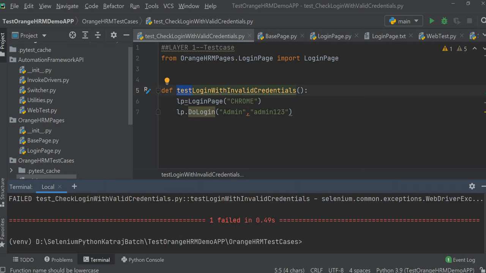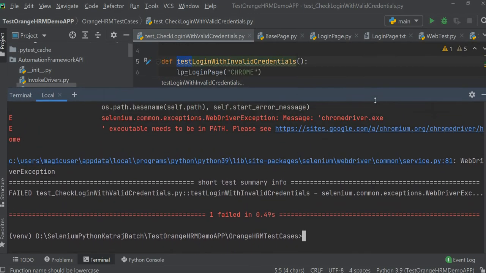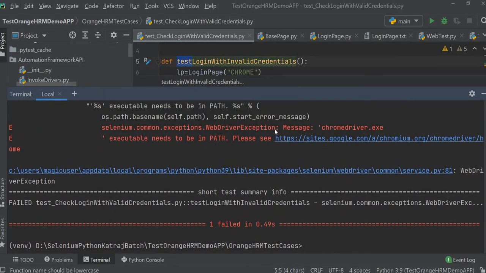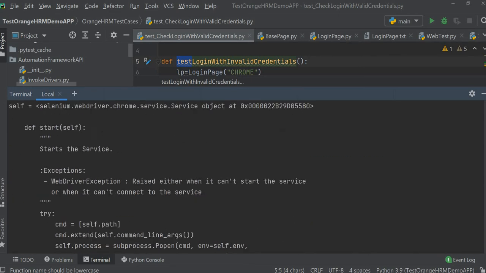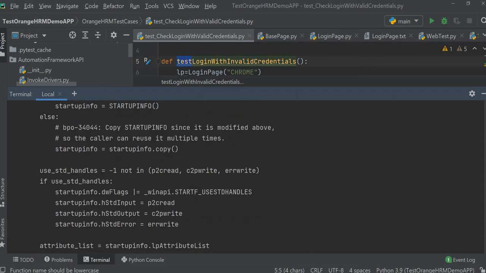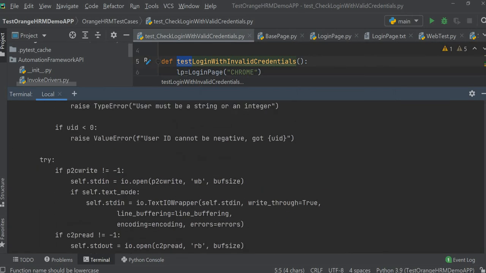Now it is saying that we don't have this, selenium. It didn't find that selenium. Okay, let me check now. WebDriver exception, executable needs to be in path. Okay, but it is indeed. Wait, let me see the problem.